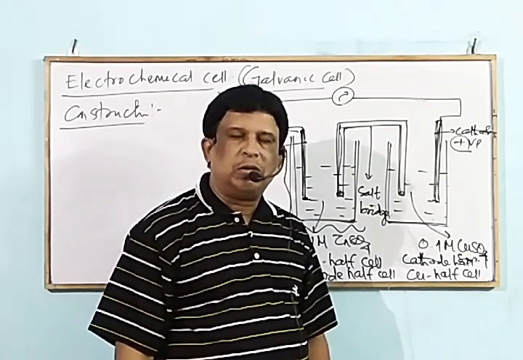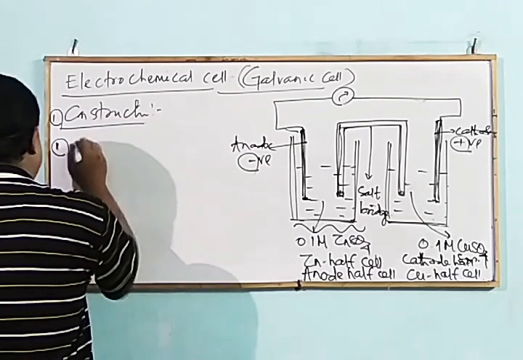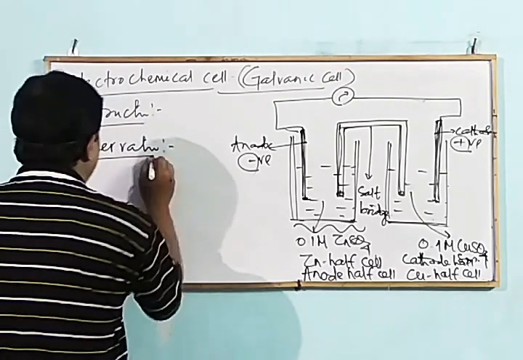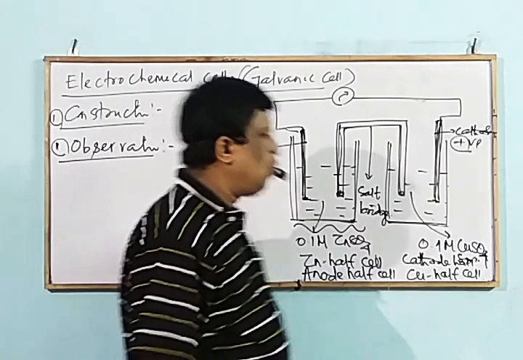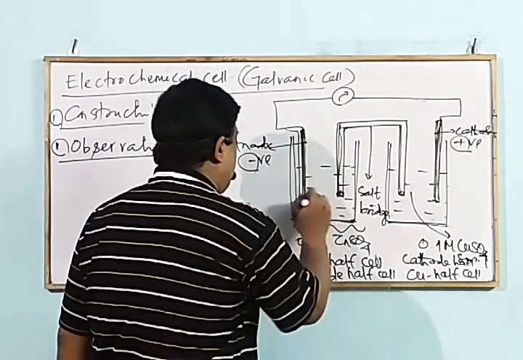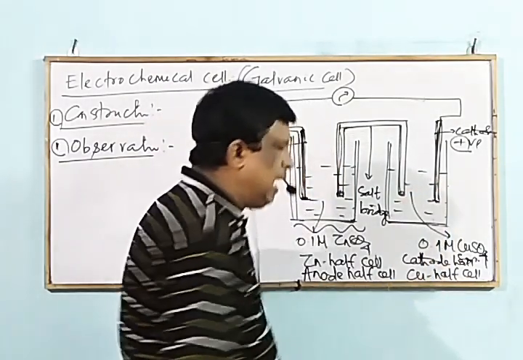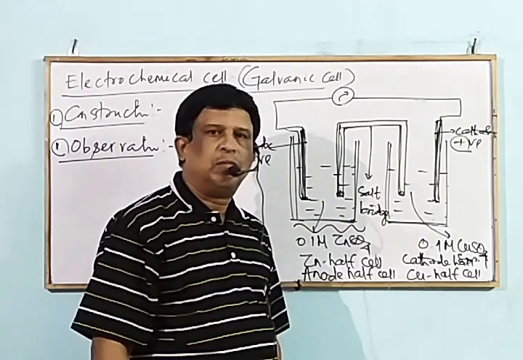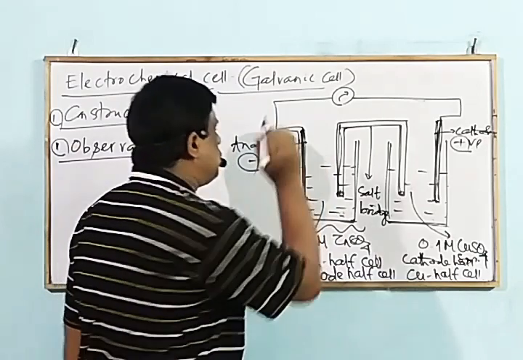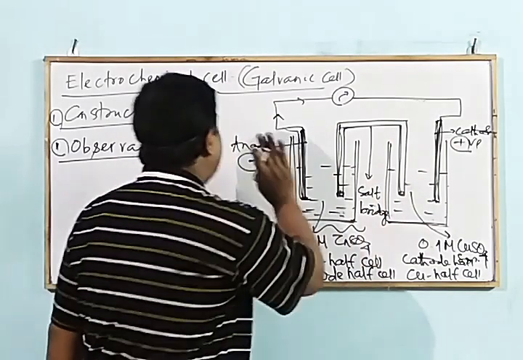Next we discuss observation. What do we observe? When the cell is complete, the zinc rod loses its mass while the copper rod gains its mass. Point 2. Zinc loses two electrons and the electrons move from anode to cathode, that means zinc to copper, and